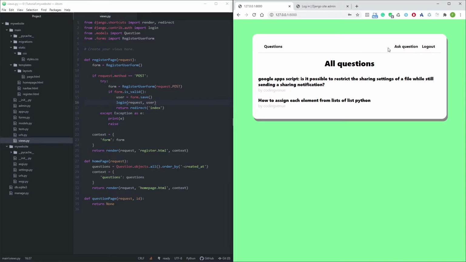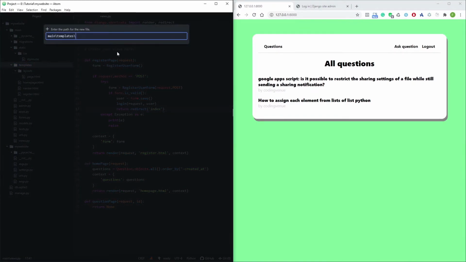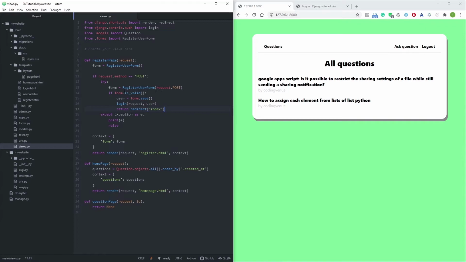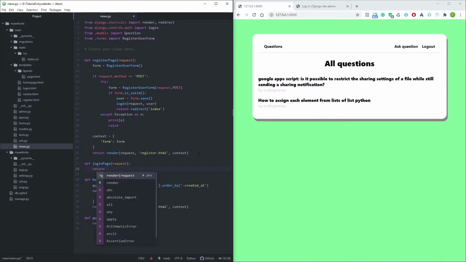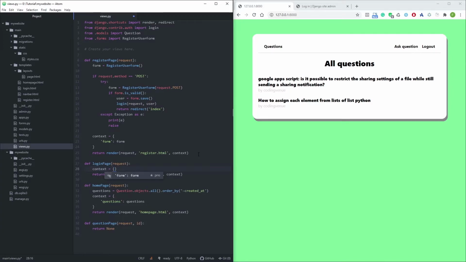So now let's work on the login page and also the logout page. Okay guys, so let's just start by creating a new file for the login page. So we're going to call this login.html. Okay, so now we can close this for now. Let's also create the new view for this. So we define a new login page, here the request, and now we can return the new template. So we pass the request, the template name, which is login.html, and we also need to pass the context. Let's just go ahead and create the context. In this case it's just an empty object here,